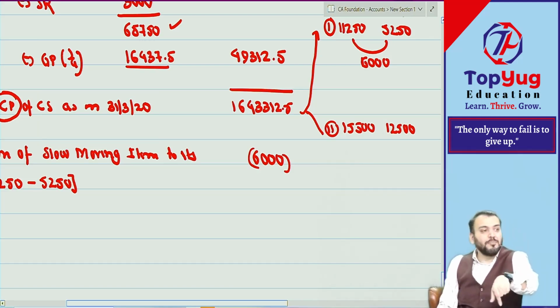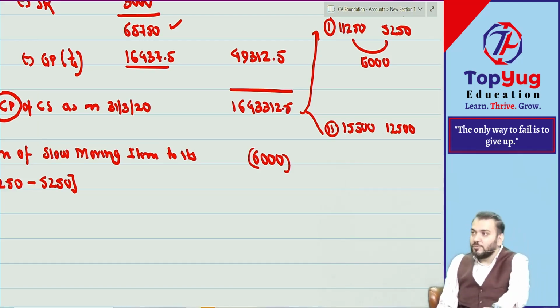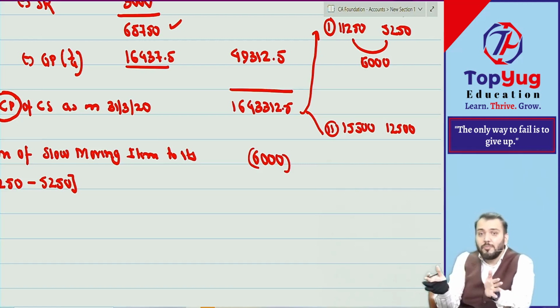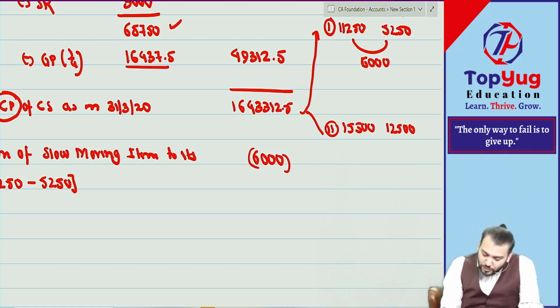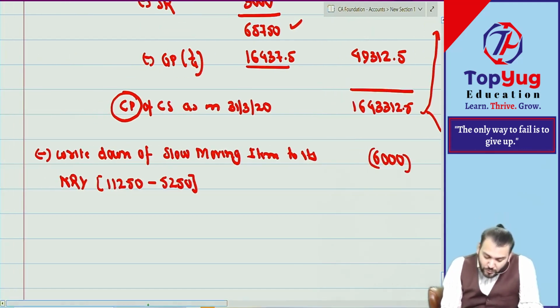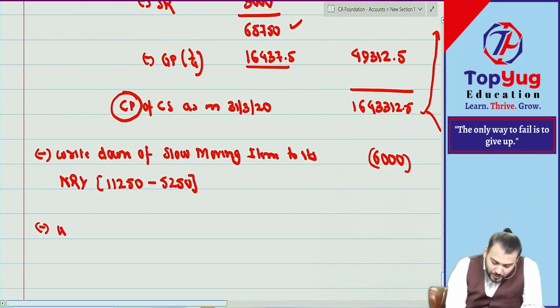Once we understand, it is simple. Any topic will become easy once we understand. Before understanding, any topic will be complicated. Correct? So have you understood or not? In a similar question in the exam, will you be able to do it or not? So what do we write down? Minus write down